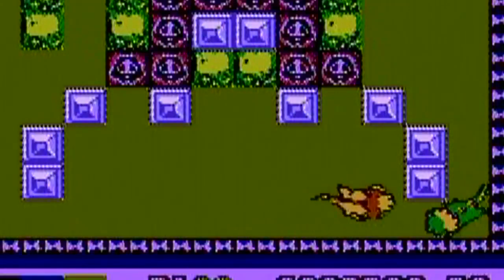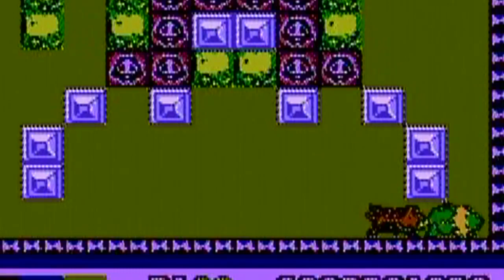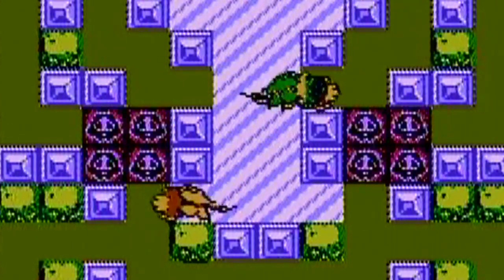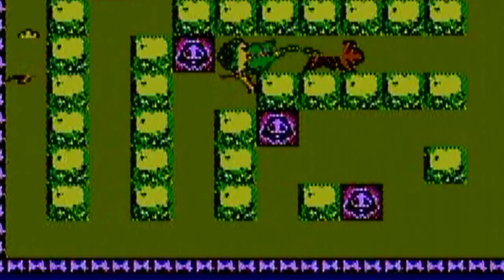Oh, come on, come on, come on! There's no long-range attack. The only way to bite their tails is to get all up in their ass. Sometimes it works, sometimes it doesn't. All you do is mash buttons and hope for the best. Oh, come on, you mother...